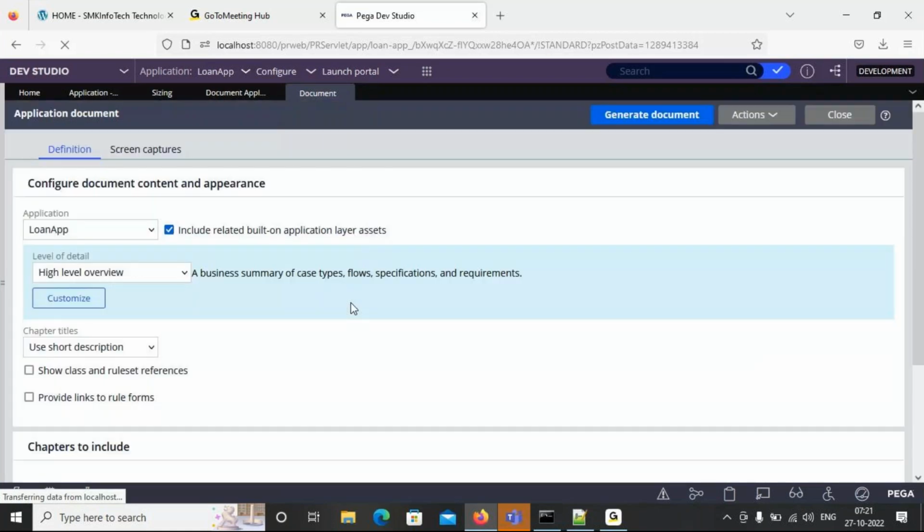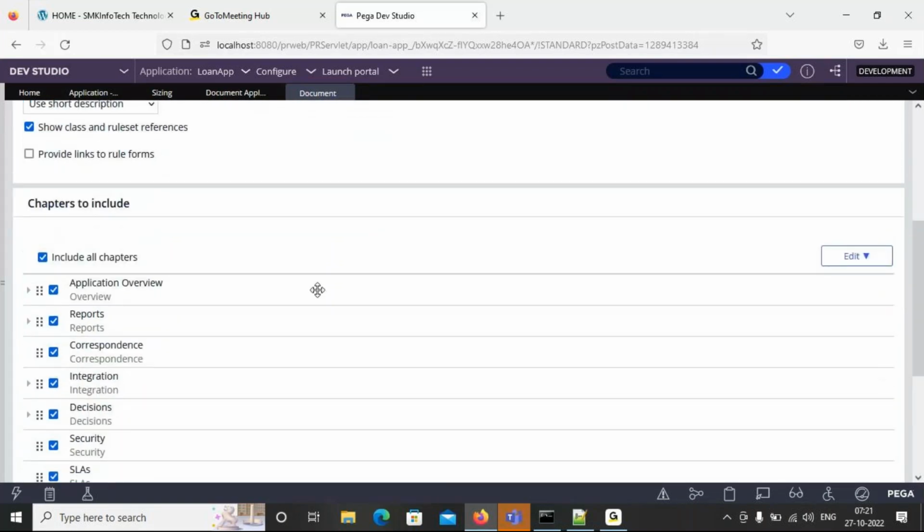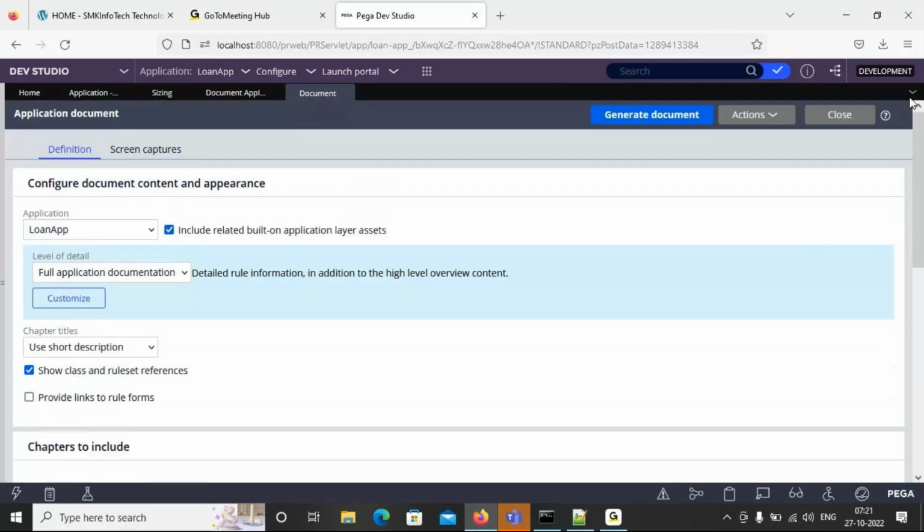Within minutes, within seconds, we can generate the documentation for the development and design. Generally, what we'll do is say that I need 5 days, 6 days, 1 day. But here, see, loan application. I want a full application documentation. Okay. Now see what all the contents are. These are the chapters to include, what things are required. You know, application